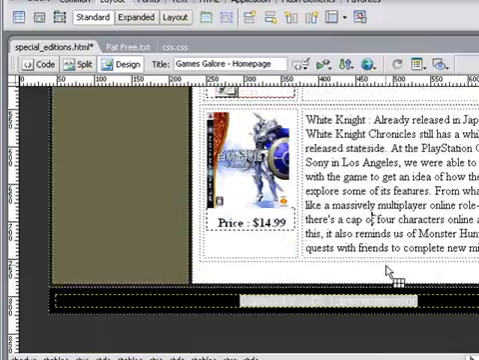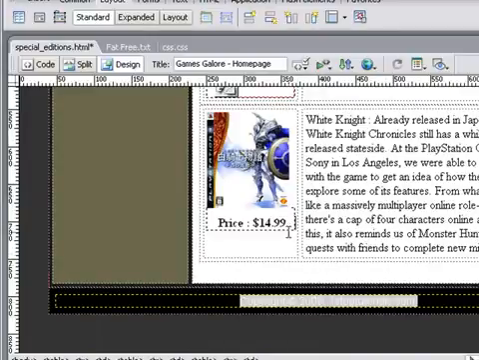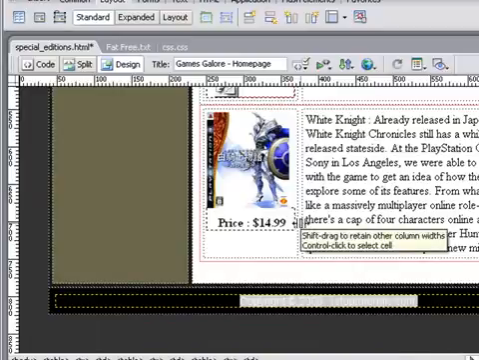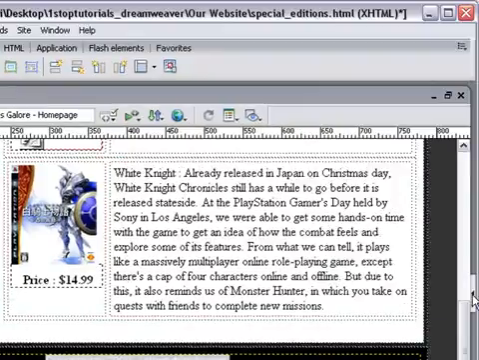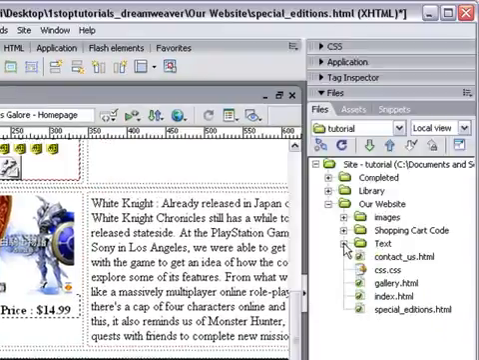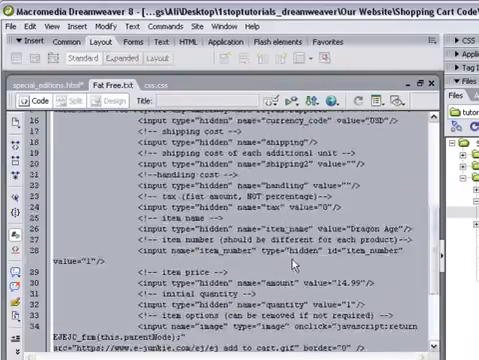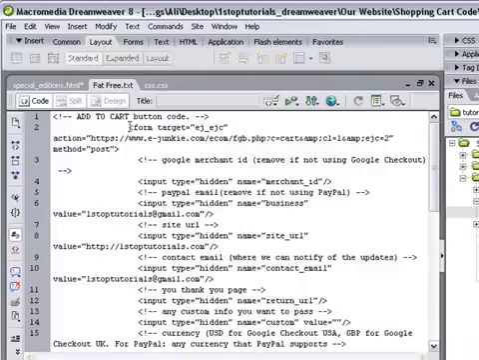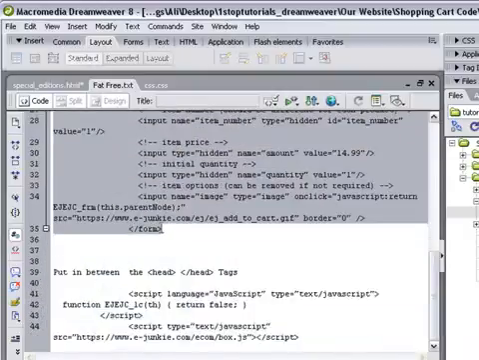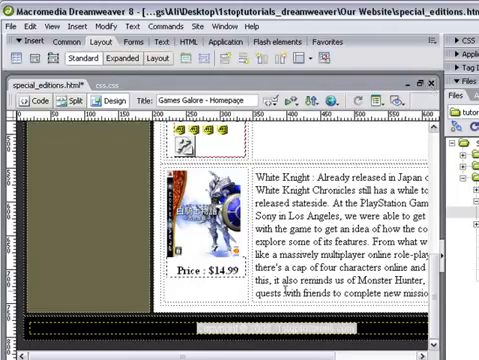The last thing I want to do is add our shopping cart. So I'm going to click right to the next of the cell. I'm going to hold down Shift Enter, and that's going to allow me to insert stuff here underneath the price. So let's come back into our files, shopping cart, fat-free cart, double click, and this is what I want. I want it from form to form. After that it says put in between the head. We just want from form to form. Right click, copy, let's close that down as well, and I'm going to paste that